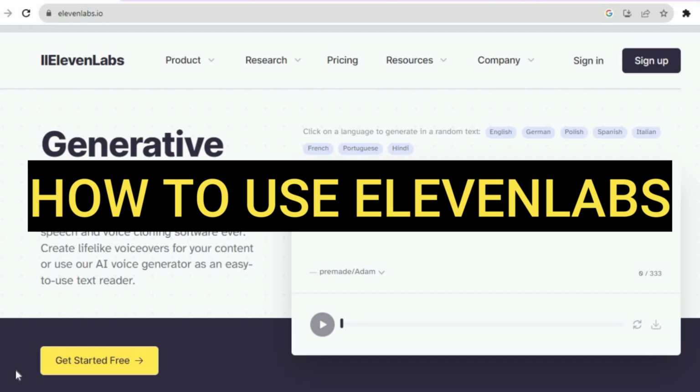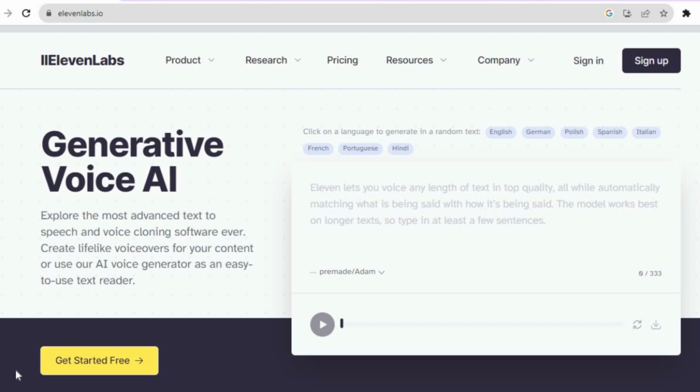In this tutorial, I'll be showing you how to use Elevenlabs Real Voice Generator. Elevenlabs is one of the best platforms if you would like to generate real voice using AI. All you'll need to do to get started is go onto elevenlabs.io. Once on elevenlabs.io, as you can see right here, you will need to go over to the top right